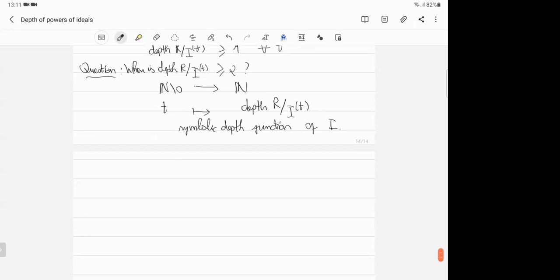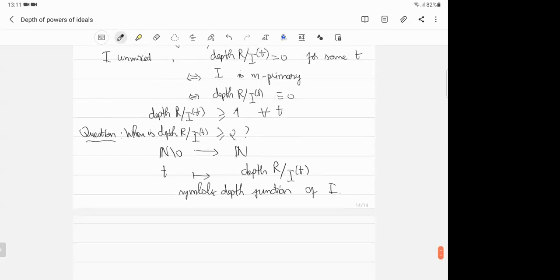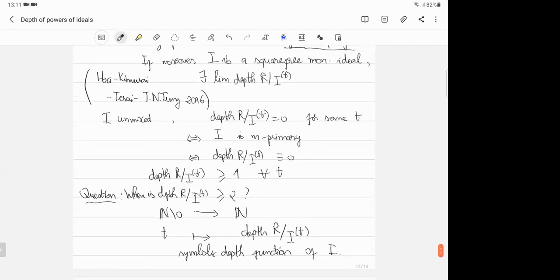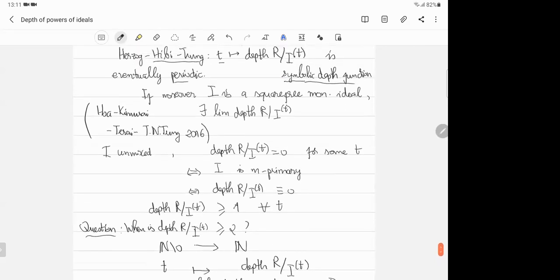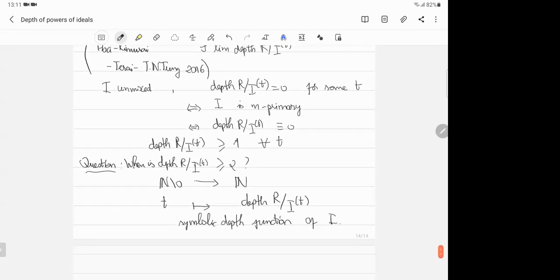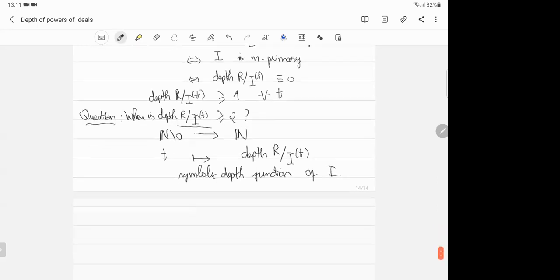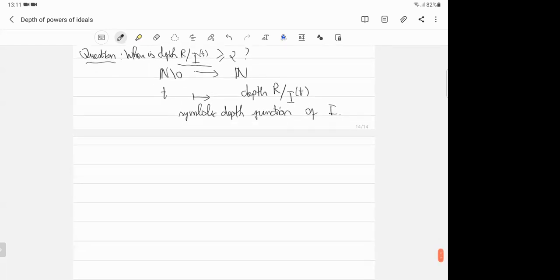So in order to find a really periodic depth function, we are interested in the question: when is the depth of some symbolic power at least 2, right? And that is what we are doing now. So we will discuss in general combinatorial